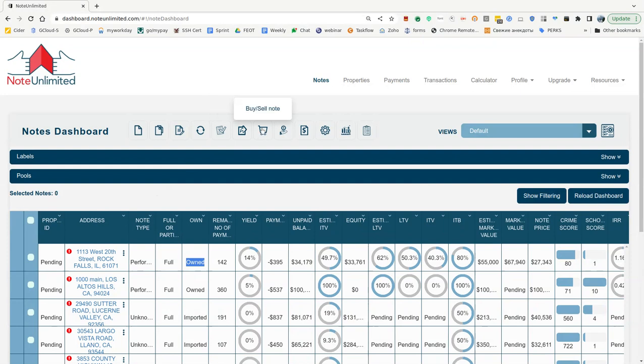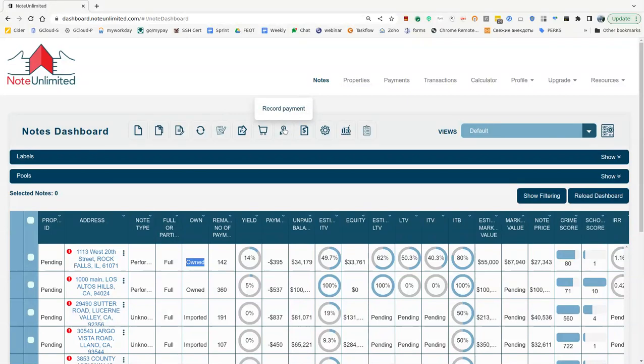This is buy sell node, which will basically record purchase or the sale of the node. We do not exchange the money here in our site. We are not selling nodes. We are not buying nodes yet. At this particular time, we are just recording buy or sell, the purchase or sale of the nodes,